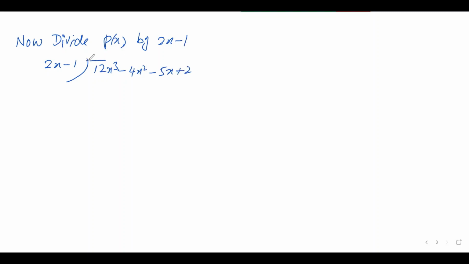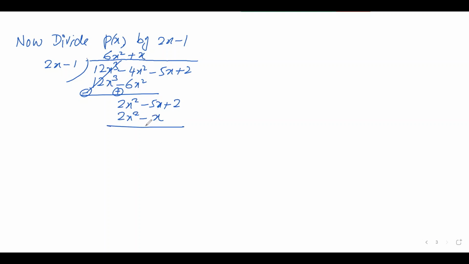So long division over here, write 6x square, the first term, 12x cube minus 6x square. Then for the remainder, change sign, cancel, 2x square minus 5x plus 2, then plus x,